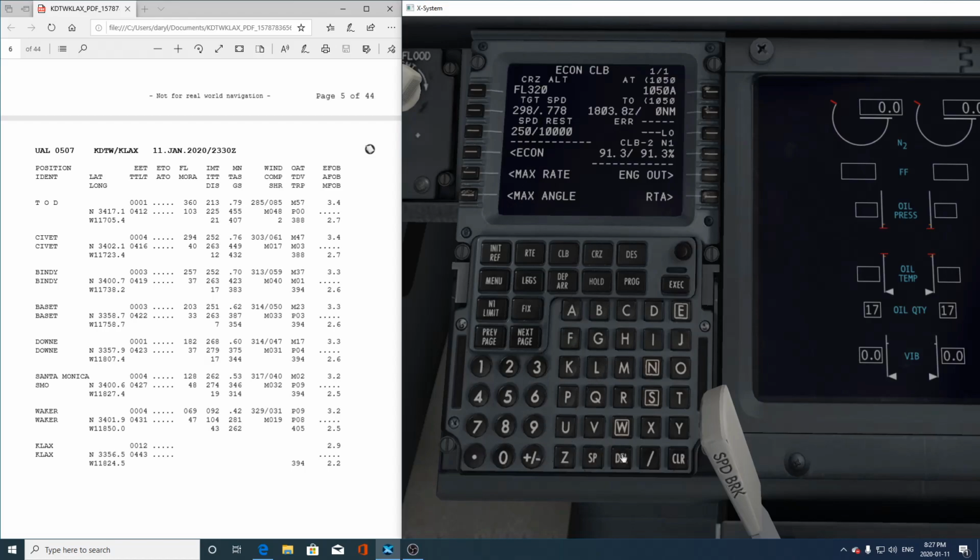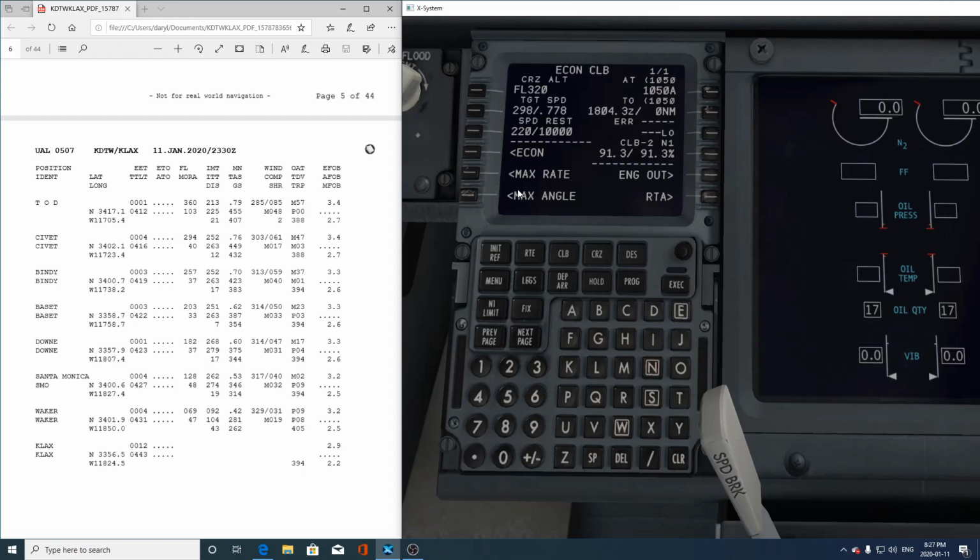I believe you could put in your own value. So if you wanted to do 220 below 10, let's see if you can put that in there. Look at that. So you can execute that. If ATC, for whatever reason, said maintain 220 knots till 10,000, you could put that in there and leave the aircraft in VNAV. Basically, this is what the aircraft's planning to do if you're going to engage the VNAV